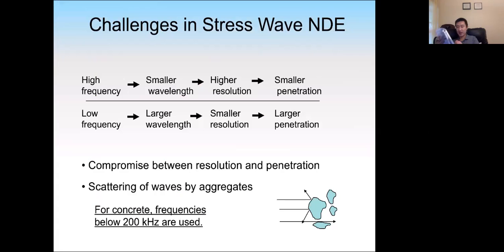All right. The next slide is a very important slide showing us how the frequency will affect the penetration and also the resolution of the test using ultrasound. Okay. So if we increase the frequency, if we increase the f, then the wavelength will be smaller. So that will reduce the wavelength. Why? Because remember the velocity will not change, it is constant. Okay. So if we increase the frequency,